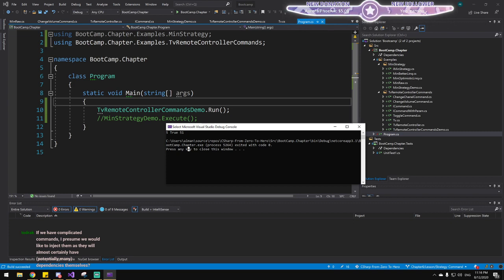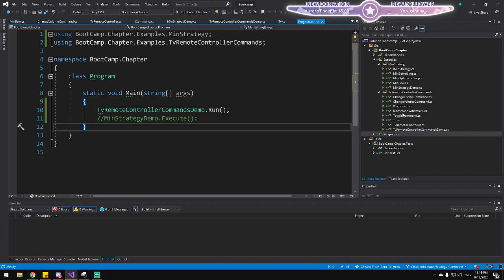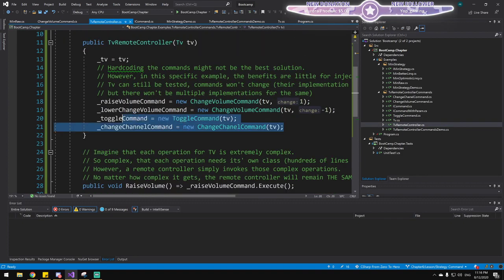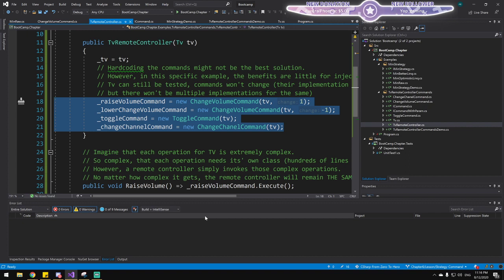If a command has many dependencies itself, more than a TV, then definitely inject them. Definitely. In my case, each command will only have a dependency from TV. So it makes sense to do something like this. But I mean, it's a very good question. Like, you look at this code and you manage to see a flaw in it. And that is true. It's truly a flaw